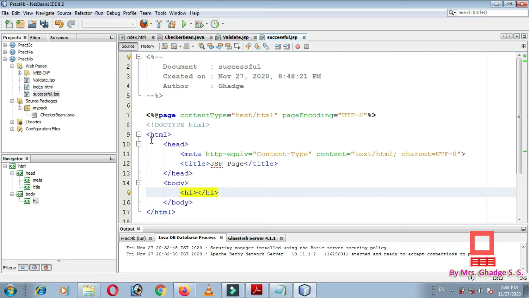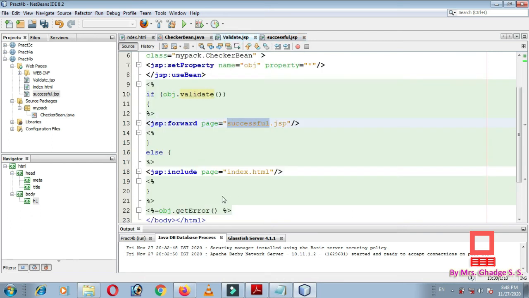We need to write the statement: user entered all the valid data. That's it for this file, successful.jsp.